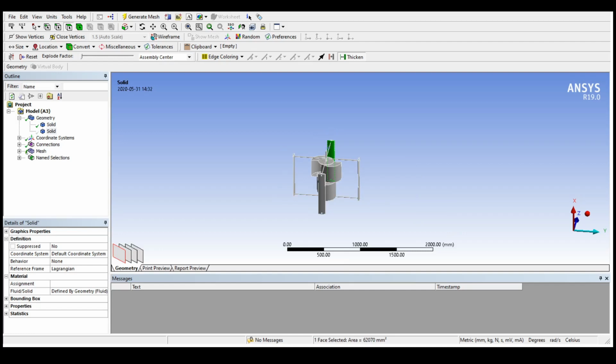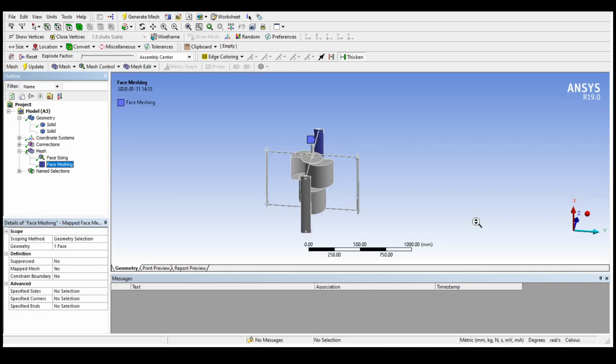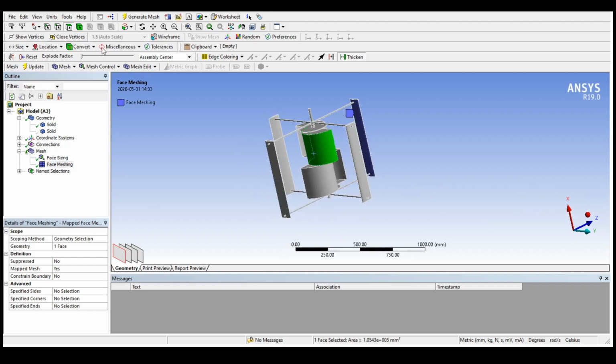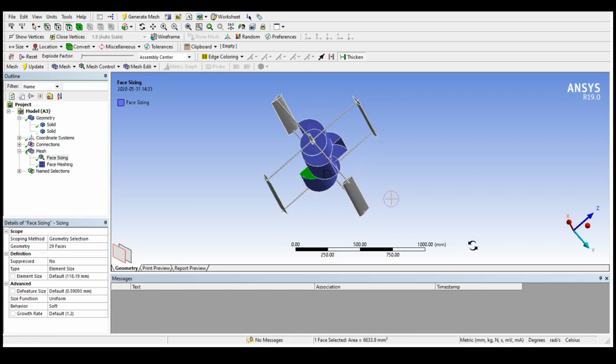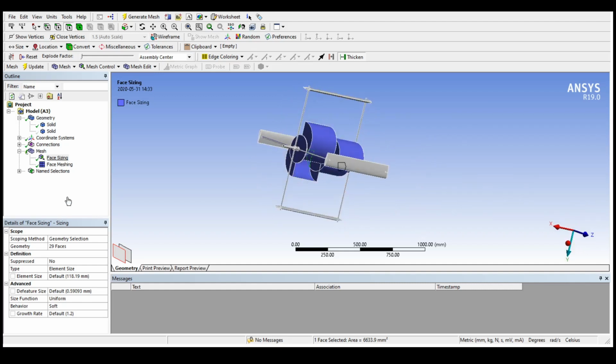There are many faces available, and now I am selecting the faces of the Savonius blade or Savonius turbine. This is a Savonius turbine. Okay, I hope that all the Savonius blades are now selected.